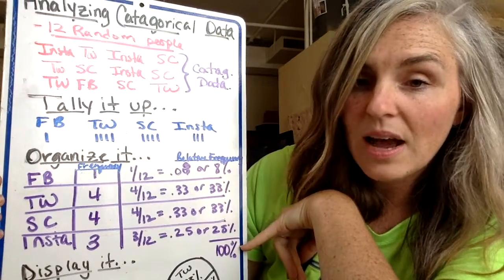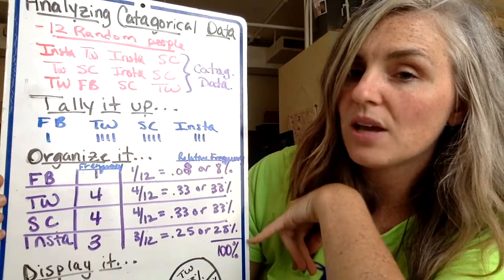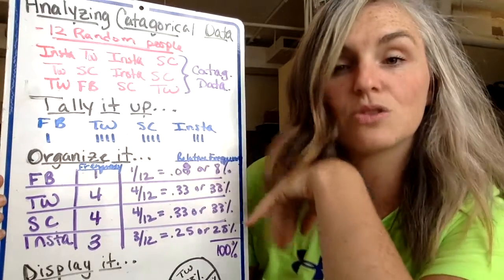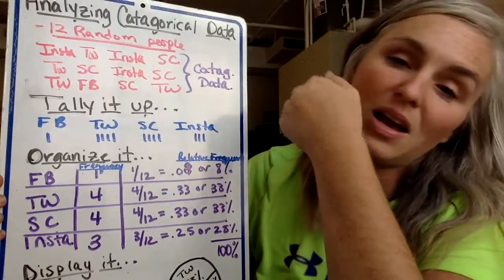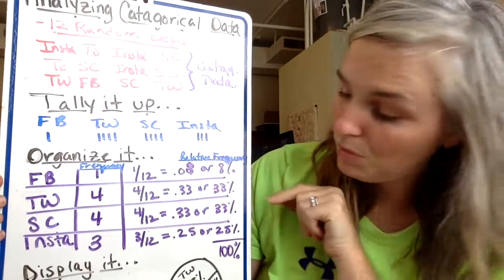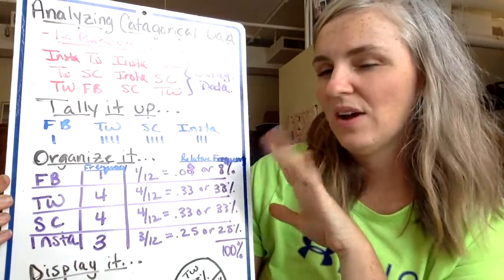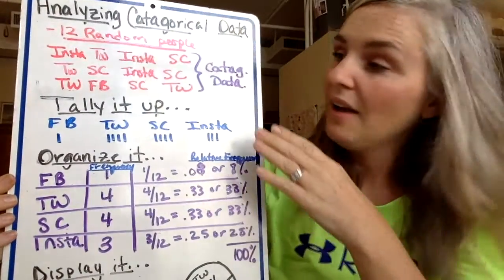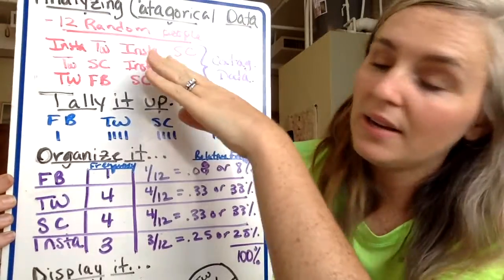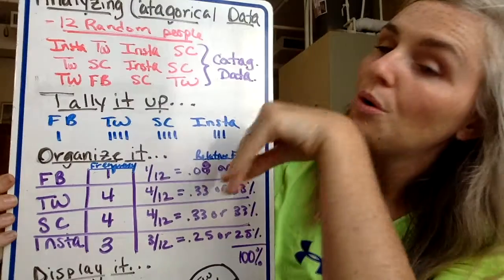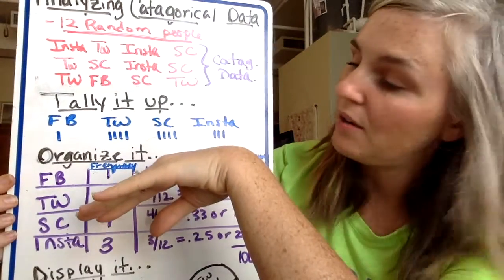And when I'm done, I should have a total of 100%. And I know what you're thinking right now. These don't add up to be 100%. And that's because I rounded some decimals on the 33% and on the 8%. So that's where my percent is lost. So that's fine. Okay. After I've collected my data, tallied my data, organized my data in some kind of way,